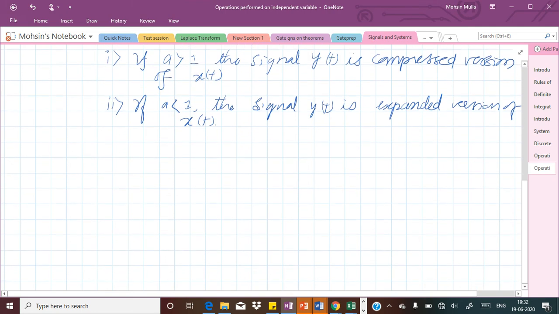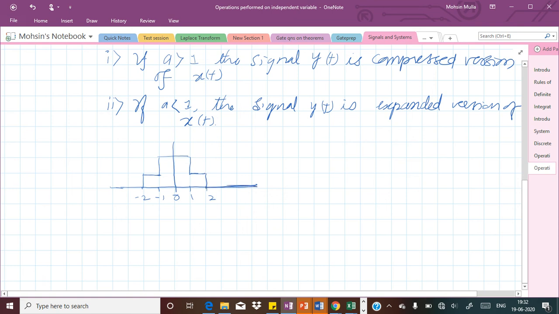So what exactly happens here? Let us try to understand this with the help of one example. Let us take one signal which has a certain width. Say it is a finite signal, so it will be present between, say, -2, -1 and up to +1 and +2. So a finite signal. Now this signal has a magnitude of 1 from -2 to -1, then a magnitude of 2 from -1 to 1, then again a magnitude of 1 from 1 to 2, and then finally the magnitude is 0.